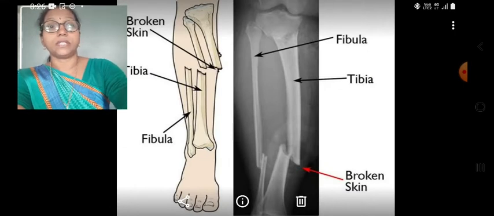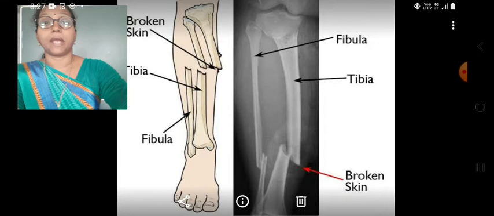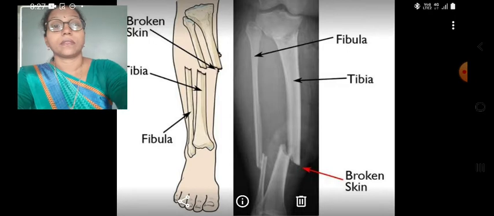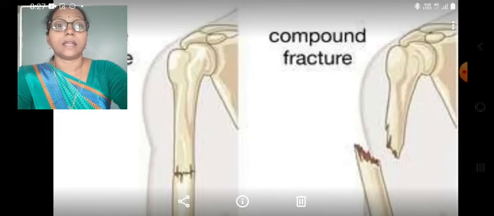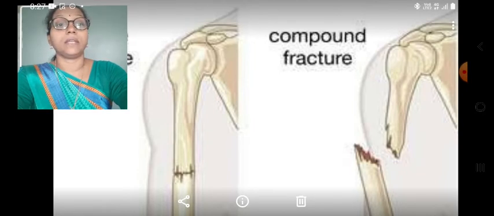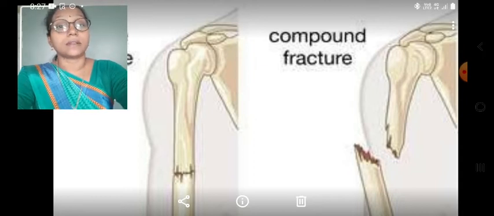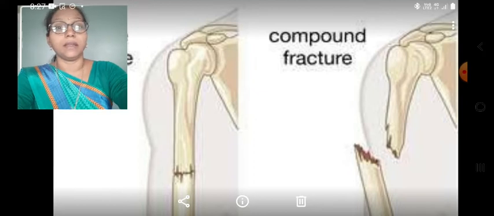Students, now we are going to study the first aid we want to give in case of a fracture. When a bone is broken, a break or crack in a bone is called a fracture. There are simple fractures and compound fractures. If there is a crack, it will join very quickly, but if the entire bone is broken, it will take more time to heal. A fracture is characterized by swelling and severe pain in the region.